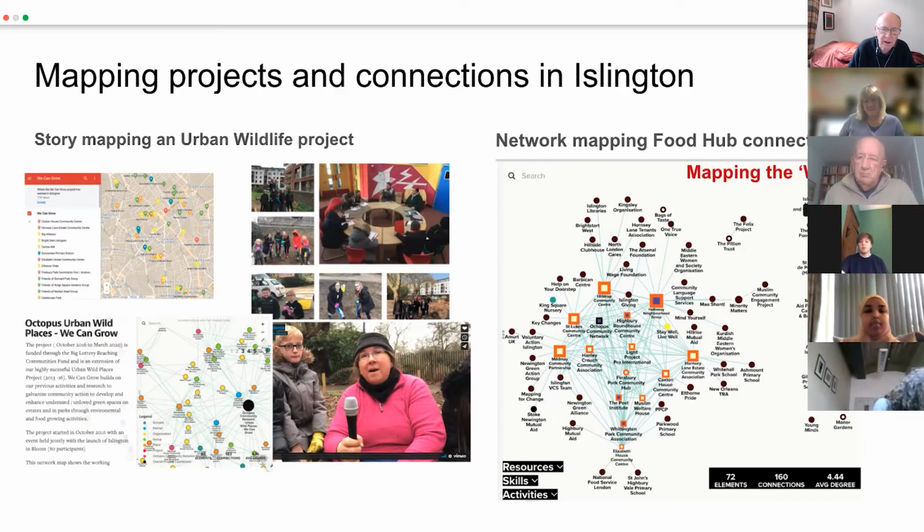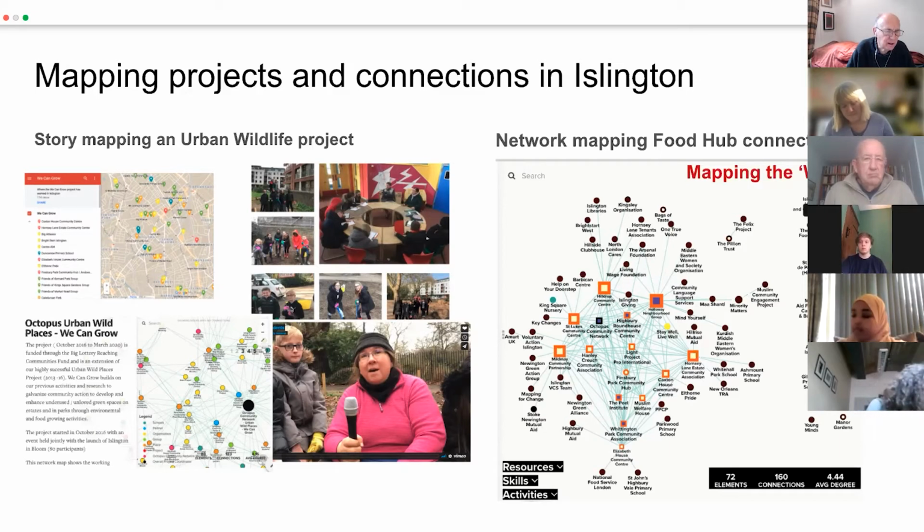So we did a website, which if you've got time and it's useful, I can go back to, which did three things. One, I did some audio, video, and photo reports on the gardens. Secondly, we did a little locations map showing where they were.